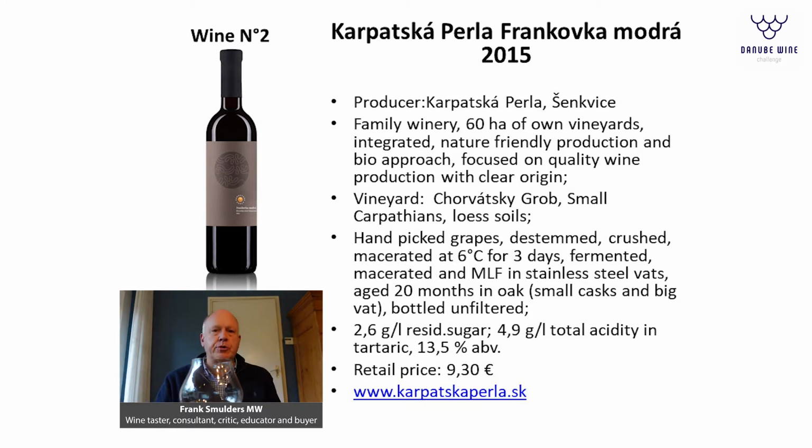Overall, a wine with a bit more structure than the previous wine. A bit more alcohol actually, we're now at 13.5. A bit bigger in the tannins. Against that, and in balance with that, a very good fruit concentration,